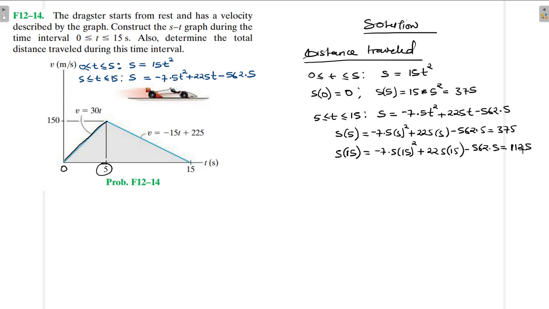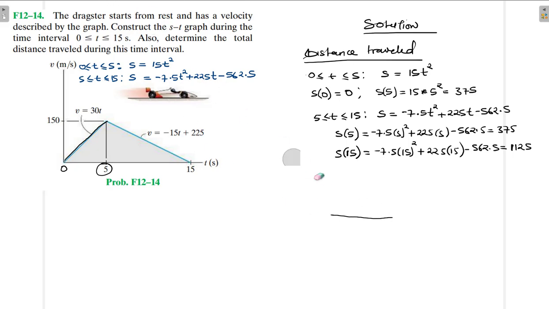Let's see, times 15 this. That's 1 unit. So it gives us minus 7.5 by 15 squared plus 225 by 15, and then minus 562.5. So 1125. All right. So if we are to draw this,